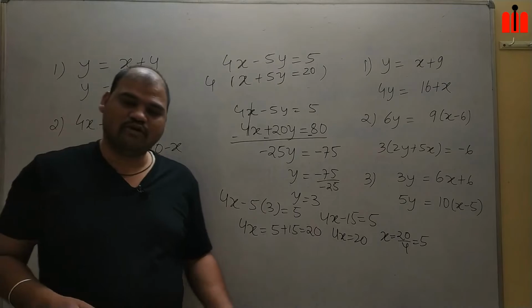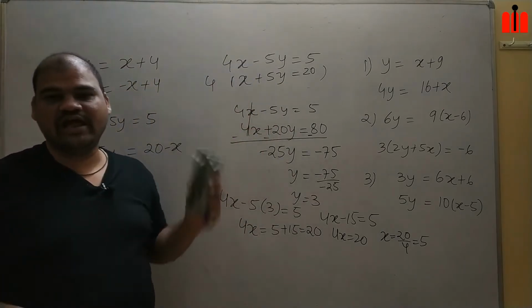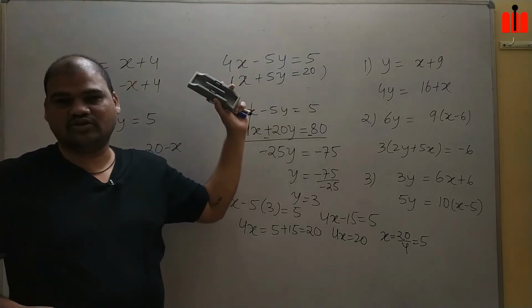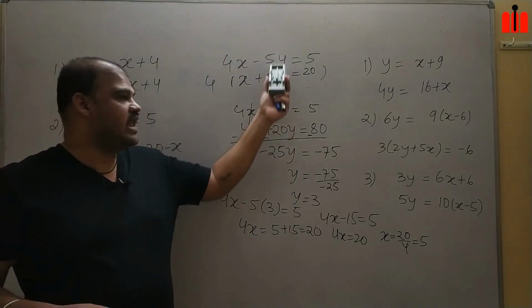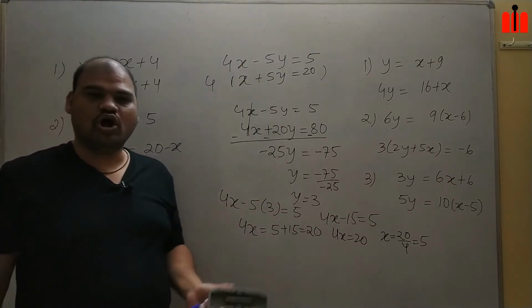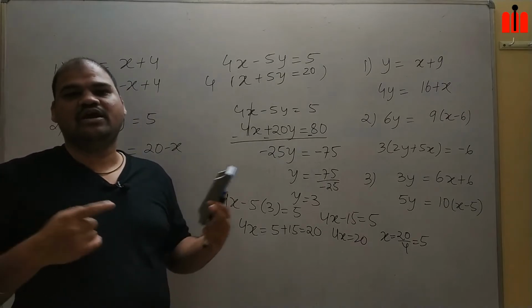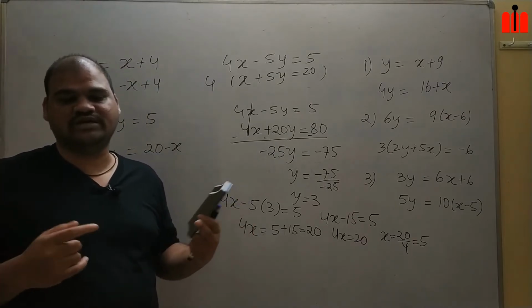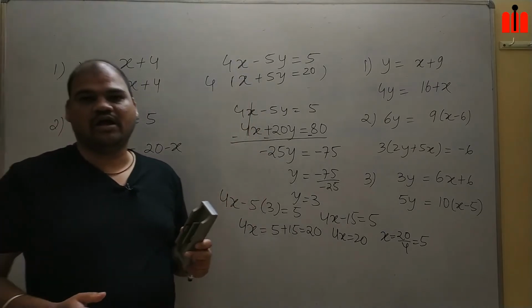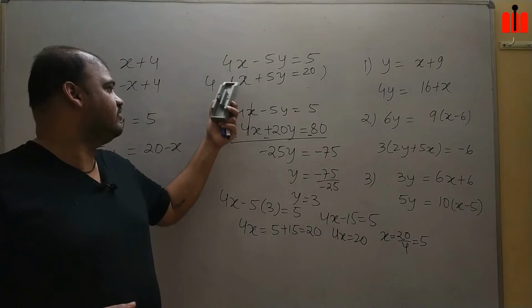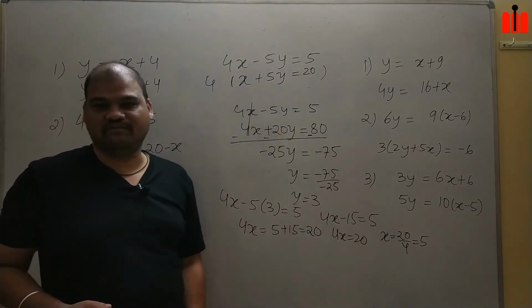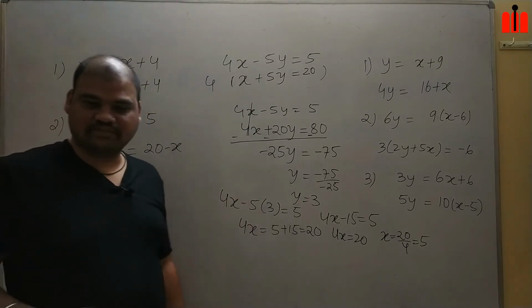So what we had done in this problem? In this problem we had equated the x coefficients. Here y coefficients are also equal. One is 5 and another is also 5. Signs are different, so you can add both and you can eliminate y directly. But I want to show you how you can do it if there are different coefficients of the variable. Okay. So we had taken x as our target and we had made x coefficient equal by multiplying the second equation by 4. After that we had done the subtraction.